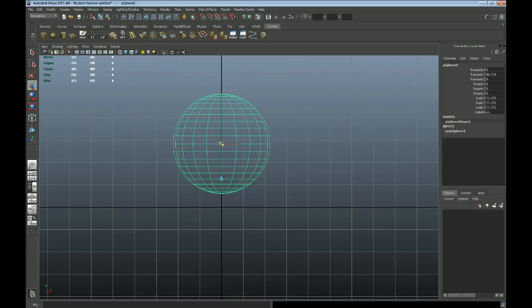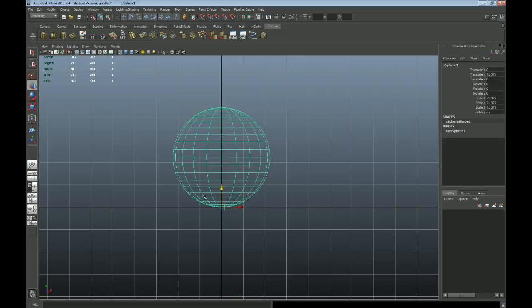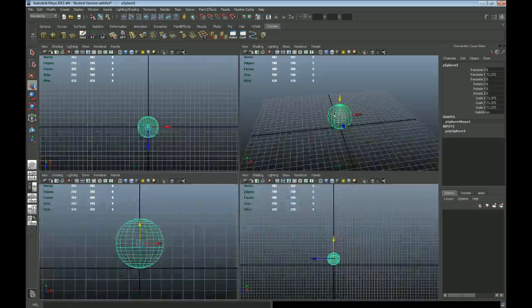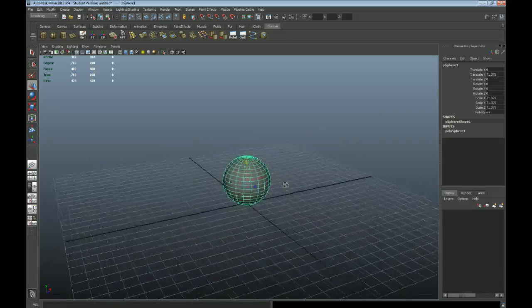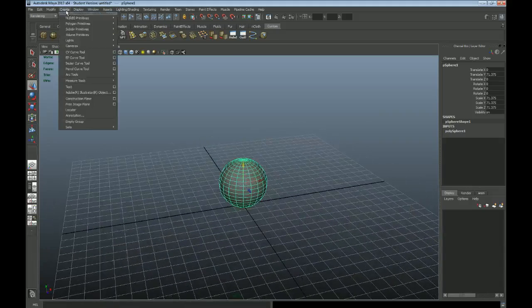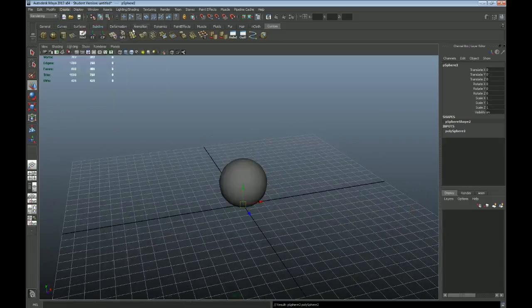If we wanted to, we'd get into some a little bit advanced stuff. I could move my manipulator and just drag that down. But that's just a preview. We'll come back to that later. So say we have a sphere there. We'll create another sphere. I'm hitting W